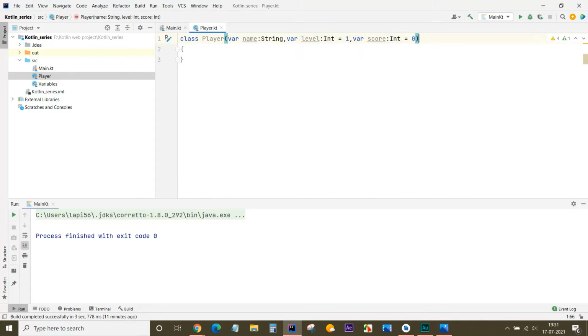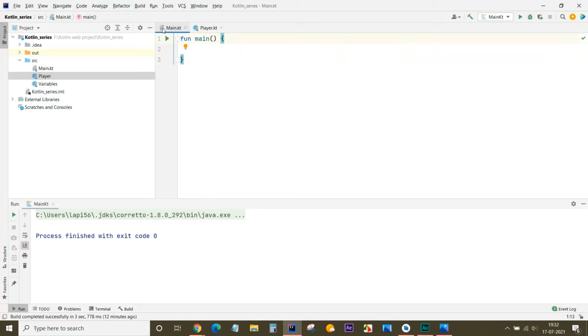Okay, so this is how we have created a class with a primary constructor. So this is a constructor. Whenever an instance is created of the Player class, we have to initialize its values. As soon as the instance or object is created for the Player class, it calls its constructor.